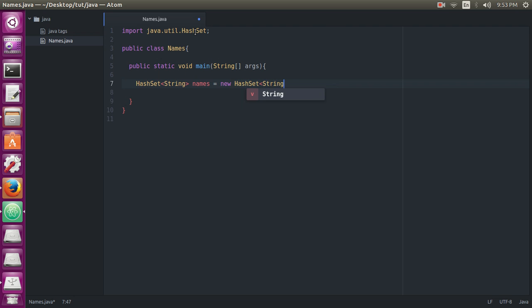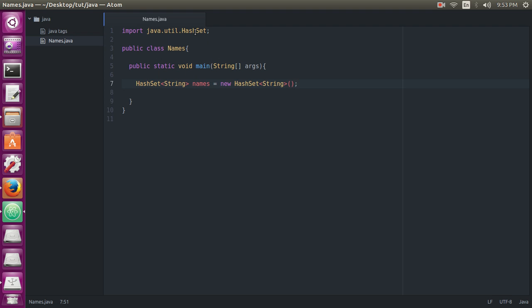Again string, and here you can leave the constructor empty if you do not want to specify the size, and if you want to specify the size, then you can enter some integer value according to the size of your storage. So I do not specify any integer. I will leave the constructor blank.